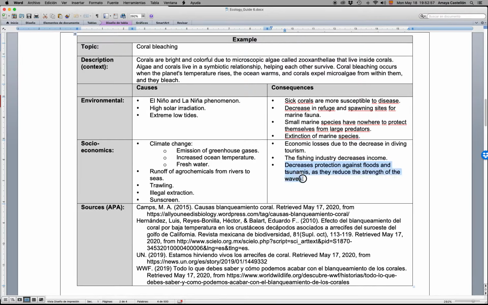Another consequence, a socioeconomic consequence, is the decrease of protection against floods and tsunamis, because basically corals are one of the barriers that we have in the ocean that are slowing down the currents. They slow down the currents, so without the corals, the hurricanes are going to hit us in a stronger way. So another consequence. Basically, what I did here is explain the topic of coral bleaching, dividing it into